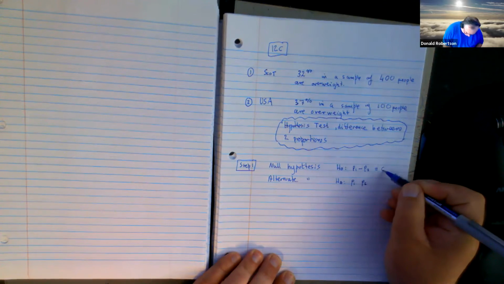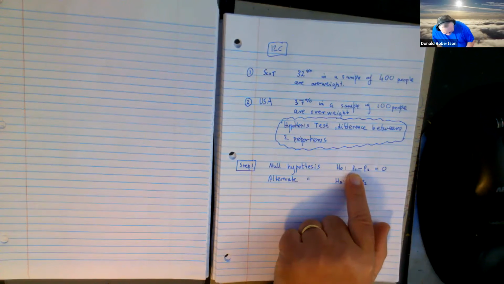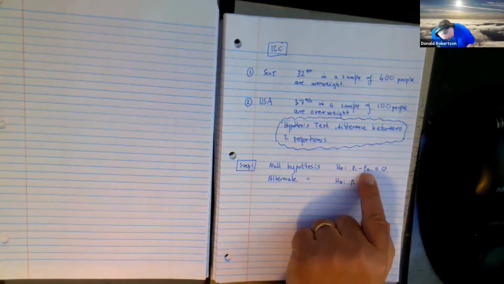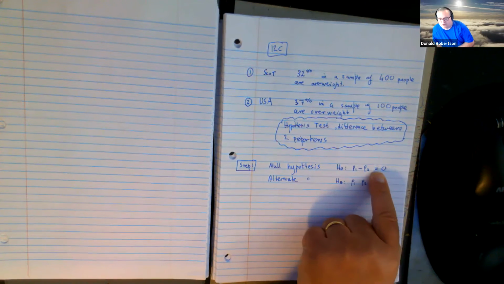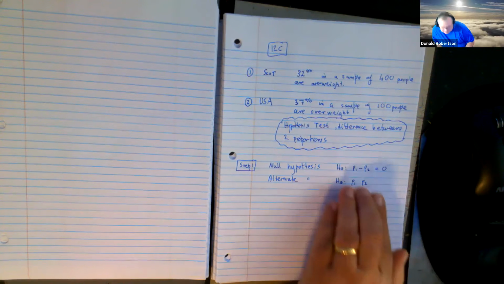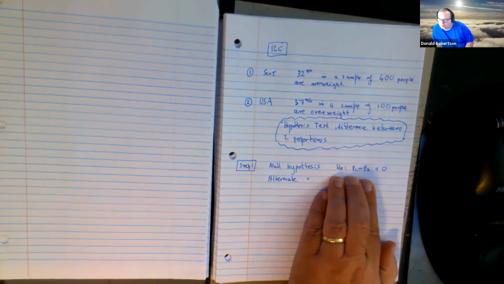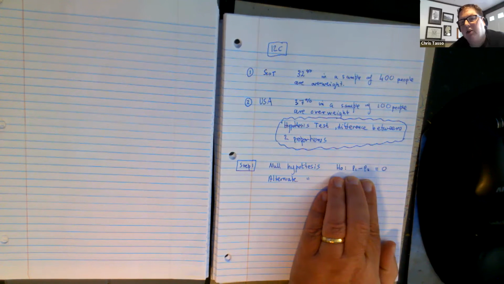But the way that we say that is by saying this: the proportion of Scots people take away the proportion of American people who are overweight is the number 0. Now, if you think mathematically, isn't that the same thing as saying P1 equals P2? If P1, the proportion of Scots, was the same number as P2, the proportion of Americans, wouldn't P1 take away P2 be 0? Right? If they're equal, their difference is 0. You're looking puzzled, Chris. No, I got that part.